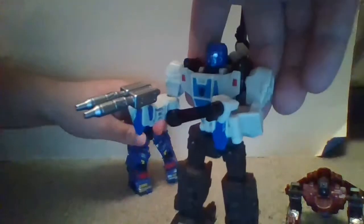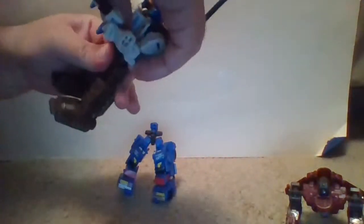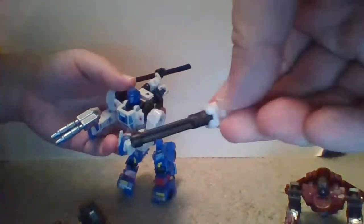Now, since this video review is about the new laser guns that Battletrap has been given by Shockwave Lab, and it's not about the Duocons themselves, as one of the laser guns pops out of Battletrap's hand, I will transform Battletrap into both his vehicle modes and show you that he can, in fact, hold both of these new weapons in his vehicle modes as well. So that's one reason why